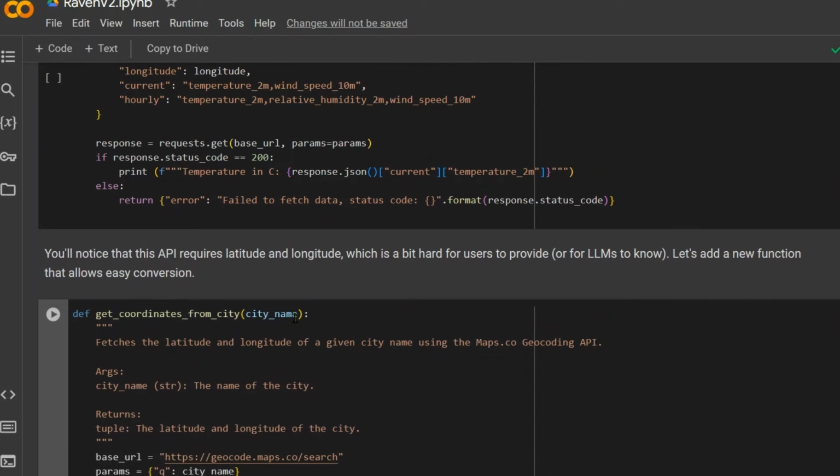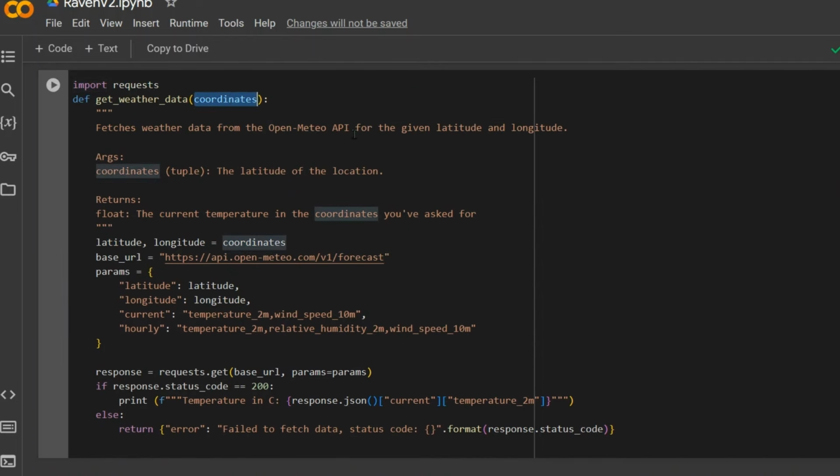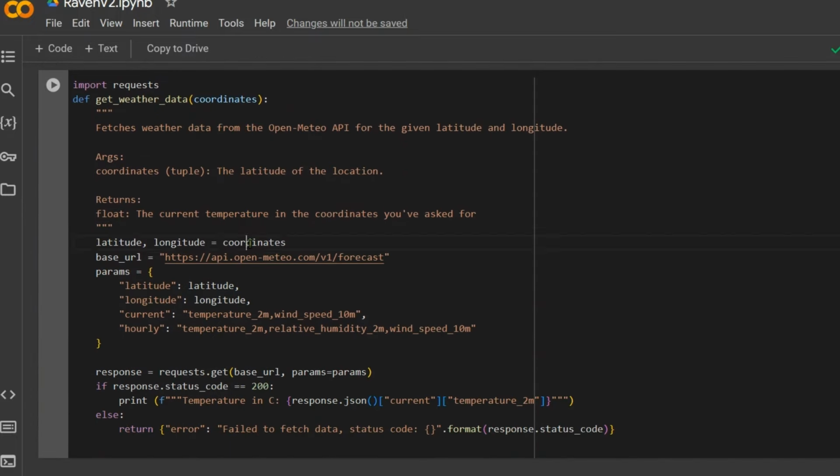Okay, so the second function, or the first function that we define, is given the coordinates in the form of a tuple. Given the latitude and longitude of a location in the form of tuples, we extract the weather data. Once we have given the coordinates here, we extract the latitude and the longitude here. Then we go to this API. This is the API